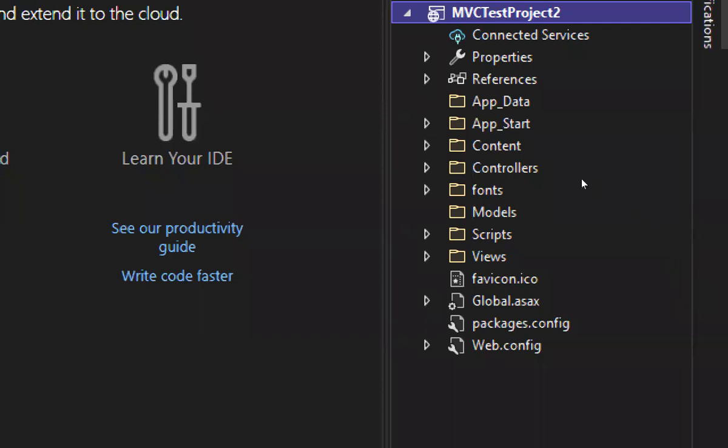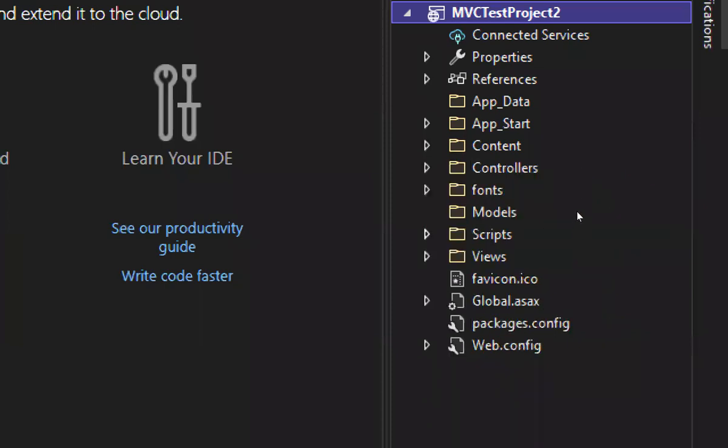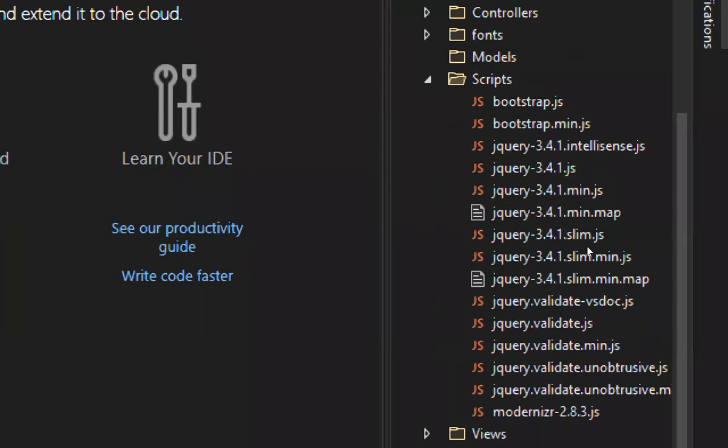By default, Bootstrap is already installed. No need to install Bootstrap separately. Bootstrap is already installed. Are you clear? And by default, jQuery is also installed. See that? Everything is ready-made now. So if you select this project, everything comes to you ready-made. You can straight away start using them in your applications. Are you clear?